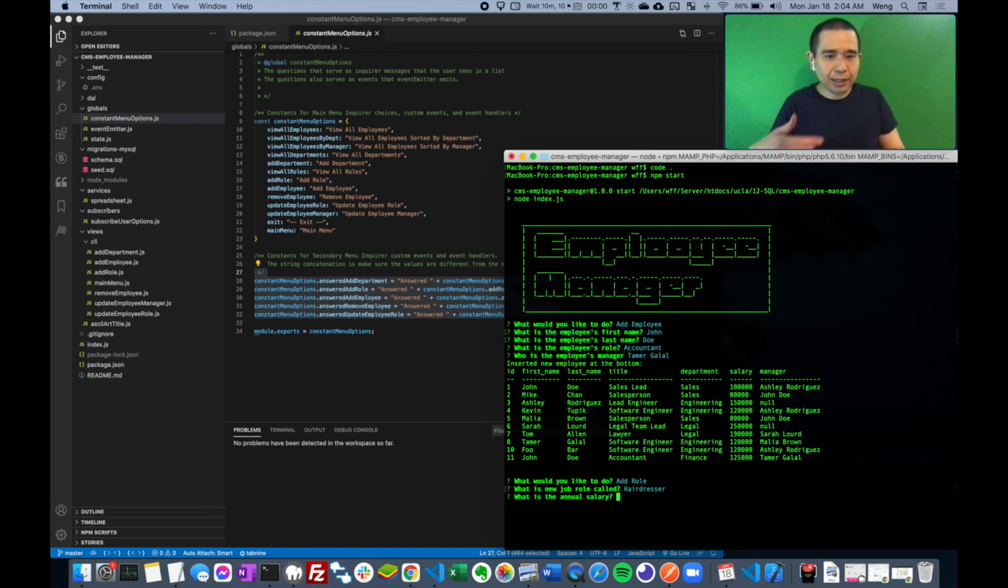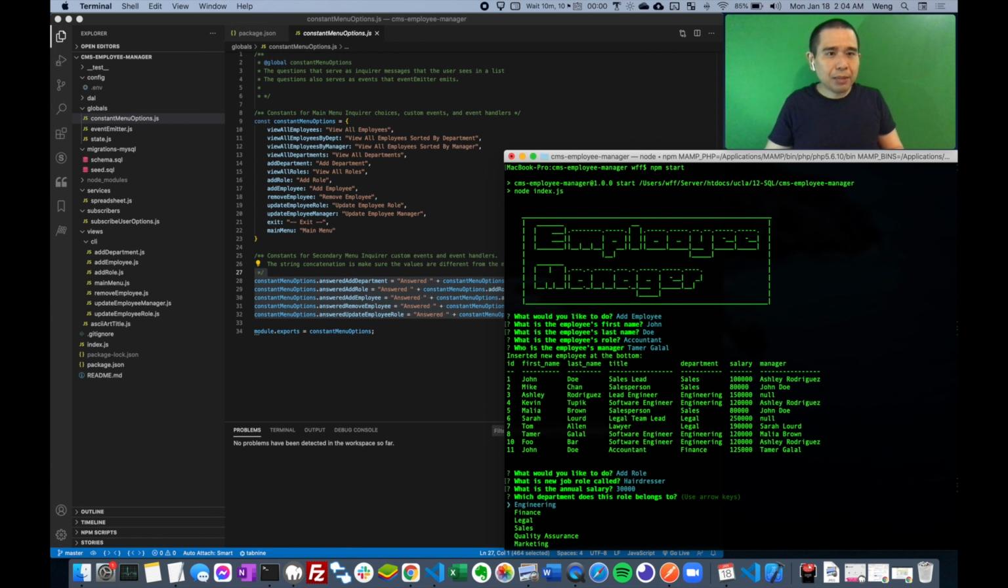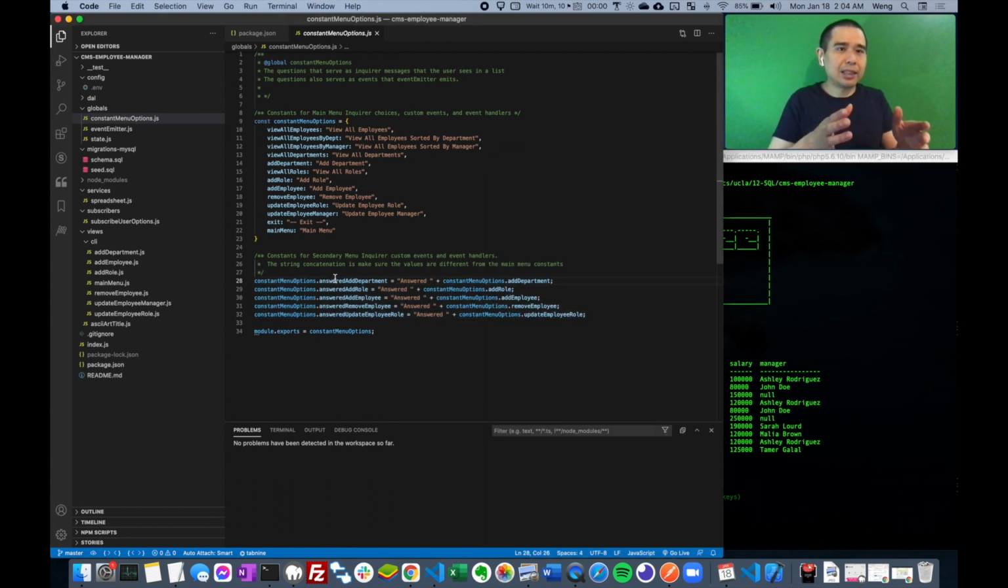You press enter, and if, oh yeah, you have to enter a salary, let's just say 30,000. I don't know how much to make. You press enter, then it goes back to the main menu because it triggers the event called main menu. For that to work, you need to start delegating these custom events to